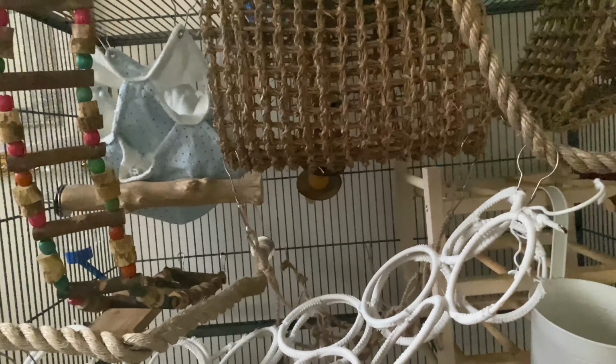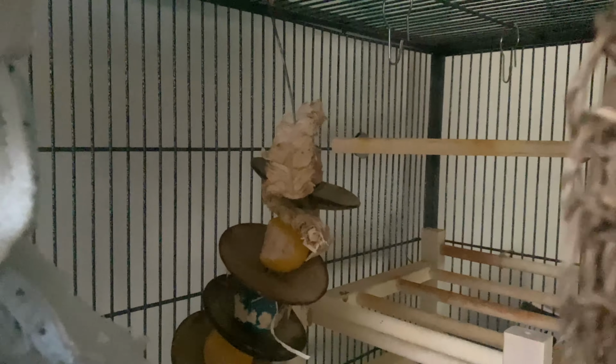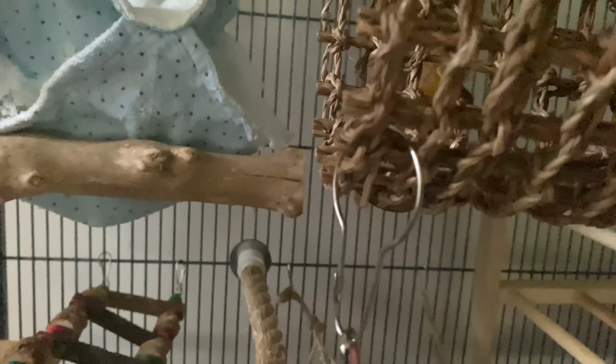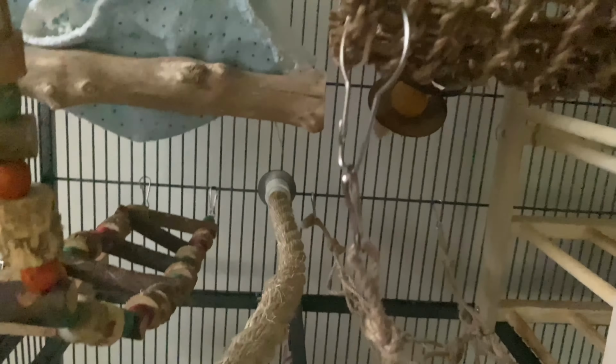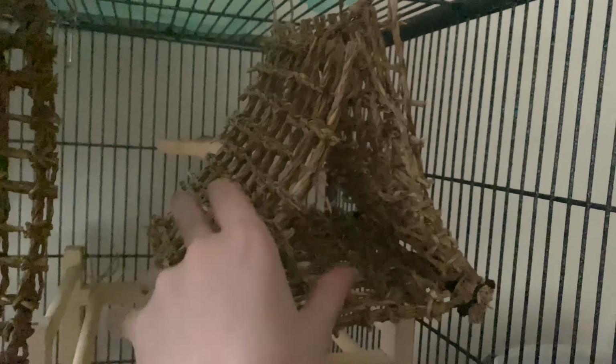So I think I'm going to start at the top and work our way down. So at the back I have, it looks a bit bland, but I do have a lot more stuff coming on the way, including a Sputnik. So I've got this little chew toy and this awesome corner ledge. I'll link that down below. It is off Etsy. I have my hammock, of course. The log, I love that. Bridges, ropes. Over here, I've got this wine rack from IKEA. More ropes and ledges. I've got these gorgeous seagrass